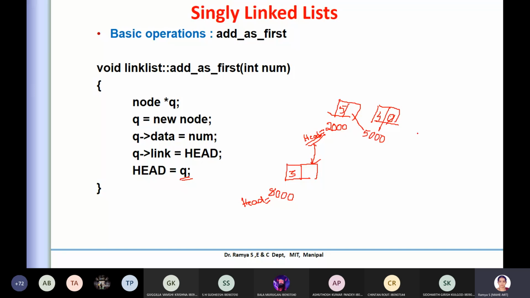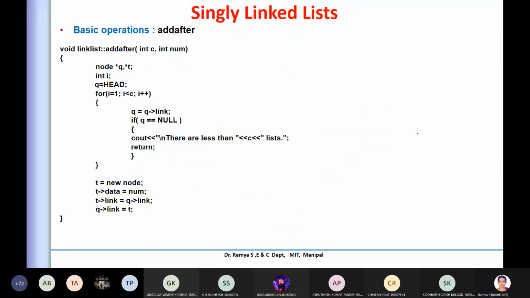Okay, so now we'll see one more event, that is add after. What do you mean by add after here? After a particular node. For example, I have a list something like this.